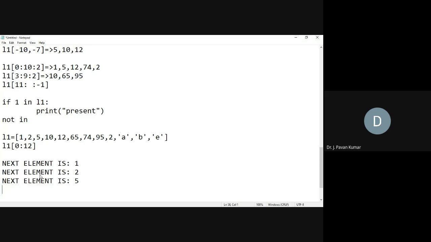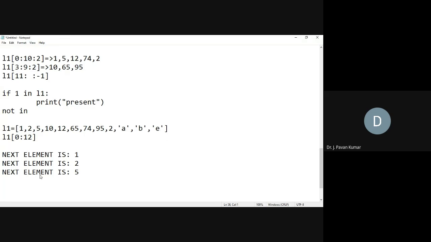One way is to print by using the index. We know that the first value will be at 0. So L1 of 0. So print is the function we will be using.